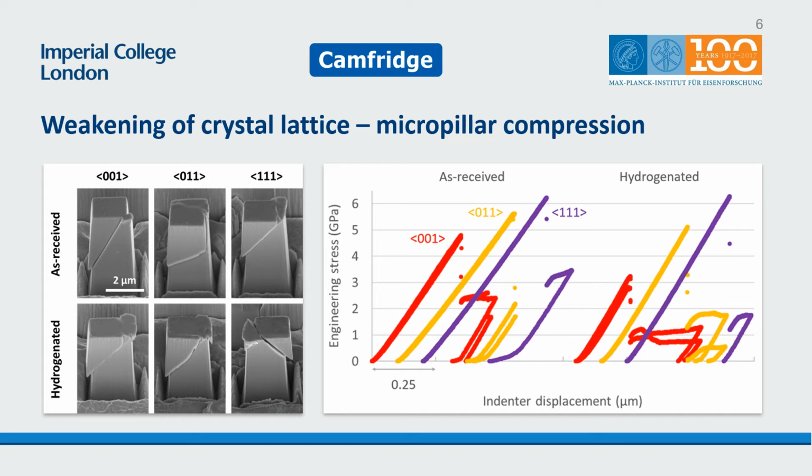And as we can see on the SEM images of the micropillars post-deformation, despite all the different crystal orientations and whether the sample has been hydrogenated, all the micropillars exhibit highly similar mechanical behavior, where the applied deformation is accommodated by localized shearing. But if we compare the failure strength of the pillars,